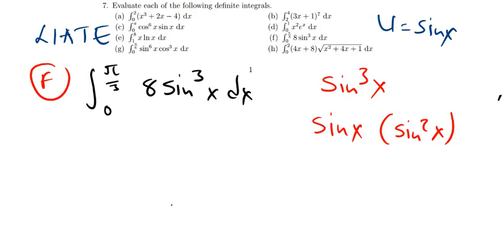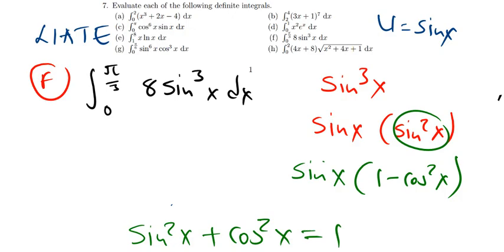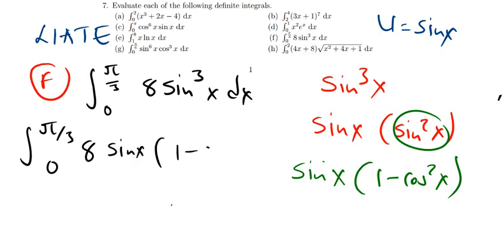We know that sine squared of x, if we go to our identity, is the same as 1 minus cosine squared of x, coming from the most basic identity, the addition of sine squared of x and cosine squared of x. Okay, that is where this is coming from, if you make sine squared of x the subject of the formula. Okay, so we have our integral 8, and then we have sine of x, and then sine squared of x, which is the same as 1 minus cosine squared of x. Then yeah,